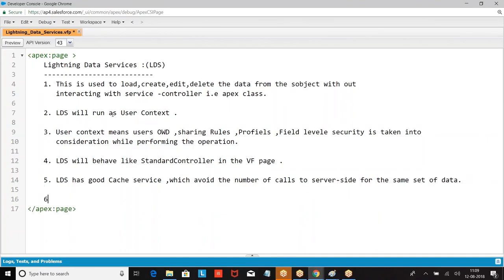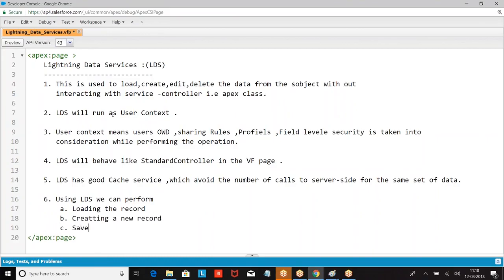Operations it can perform: loading the record, creating a record, saving the record, reading a record.